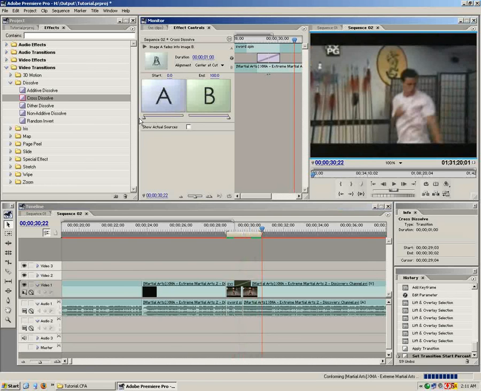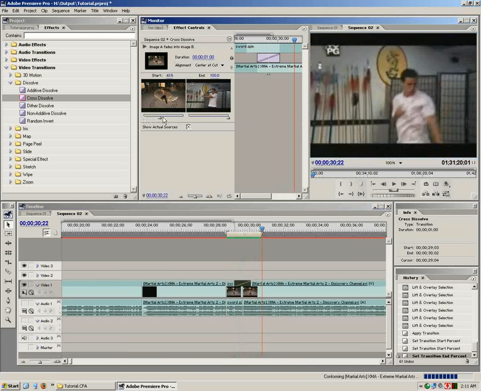It actually shows A to B, and you can even show the actual source, what it's going to look like in the end. Although I don't think it'll show it because I'm recording, but